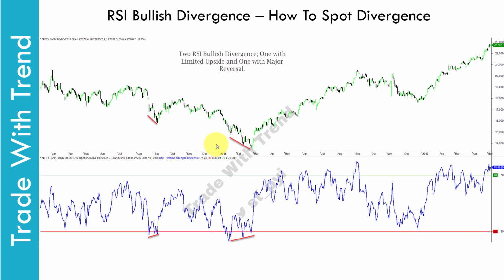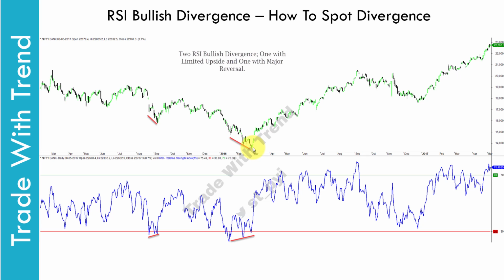One of the most common mistakes committed by traders is to trade every divergence signal that shows up on the chart. Now look at the chart in front of you. There are two bullish RSI divergence signals. One is here and another one is at this point. The second RSI bullish divergence signal is stronger than the first one. The reason being that the prior down move before the first bullish signal starts to form is comparatively weaker